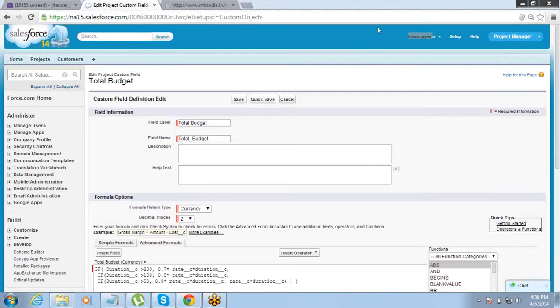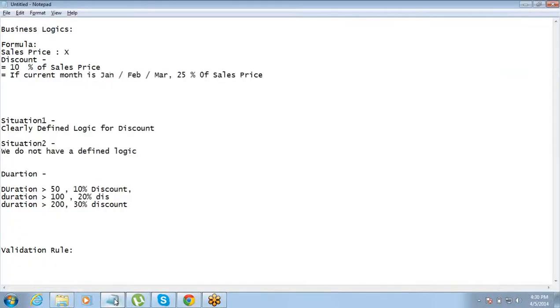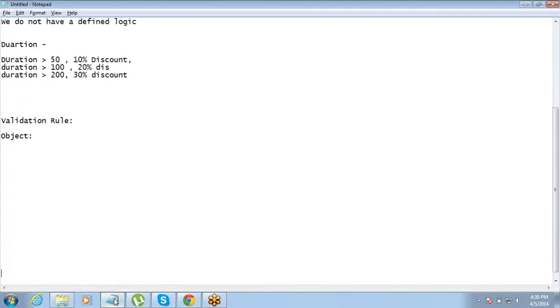So as I said, this validation rule needs to be defined on an object, because any record is always entered into an object. So you have to define that for this object, validate the data, and this is the criteria that you need to check before any data gets into the table. In this example, we will talk about the project object, and let's say my business has a logic that we will not take any project where the duration is less than 25 hours. So that is the minimum thing.